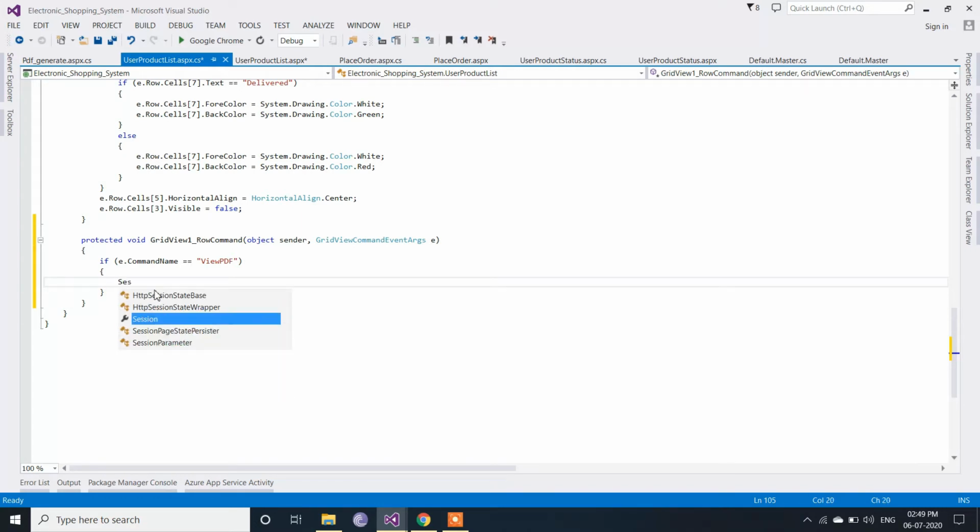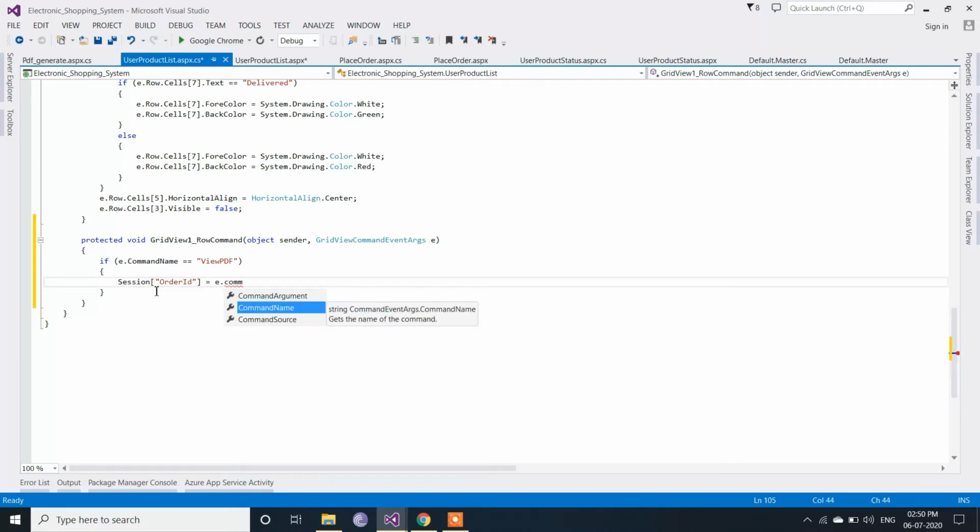So we take the session of order ID. It is going to come from command argument dot to string.